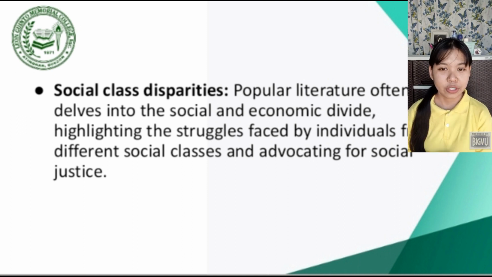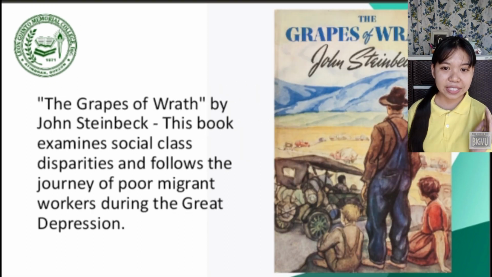And so popular literature addresses this kind of social issue, right? By promoting fairness and equality. Another example is the book The Grapes of Wrath. It tells the story of poor migrant workers during the Great Depression.